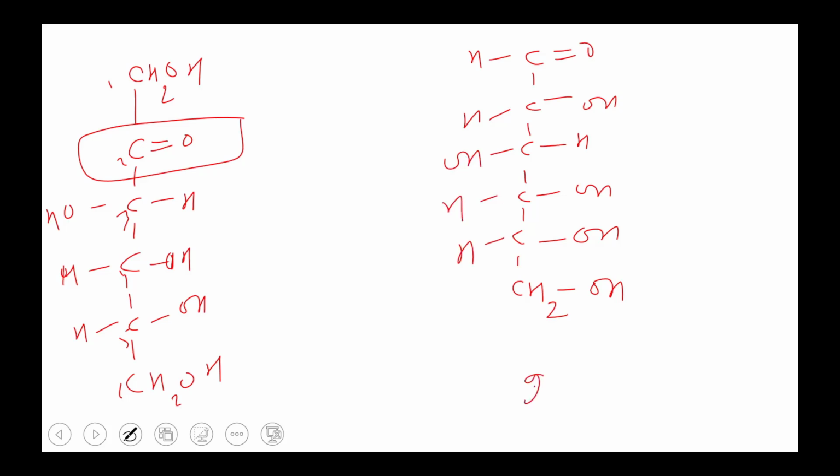This is my glucose, and this is the fructose. So this is the acyclic form of these sugars. For the cyclic form, if they form a bond between the aldehyde group and the alcohol group, it is called the hemiacetal bond